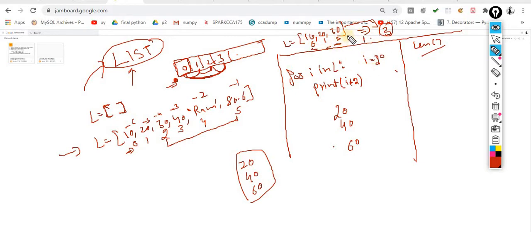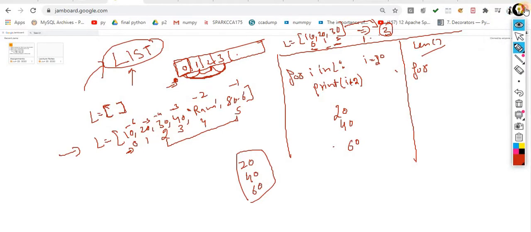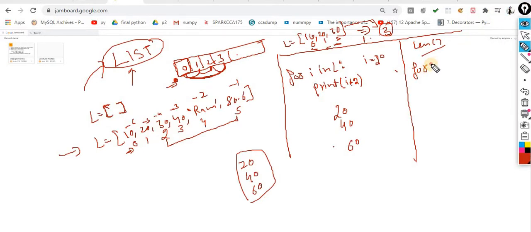Keep this point in mind, because this is an important one, and I know you guys know this point very well. Same in the case of the list, same in the case of the tuple, and the same in the case of your string. So with the help of the len method, very simple. For I in range of len of this L. Okay, and when I print simple I, now what will happen?